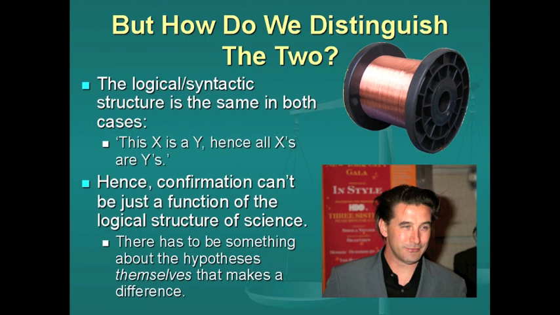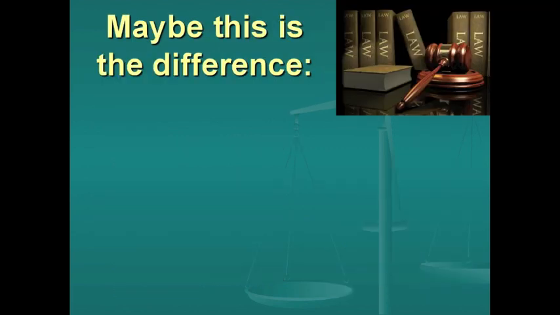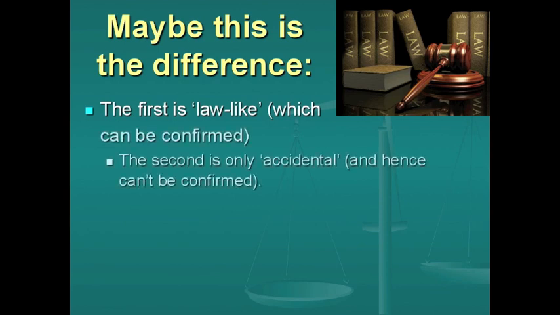So, in other words, we can't simply understand science by analyzing the logical structure of evidence and theory and seeing how these things relate. We need to actually take a look at the content of these claims. So maybe the difference between these two is that the first one has a law-like structure, and whatever the heck law-like is supposed to mean, that's not entirely clear. That's a bit of another problem for another day, but for now let's assume that we can